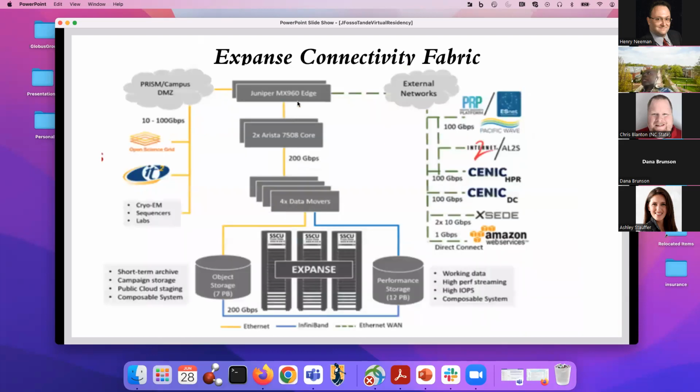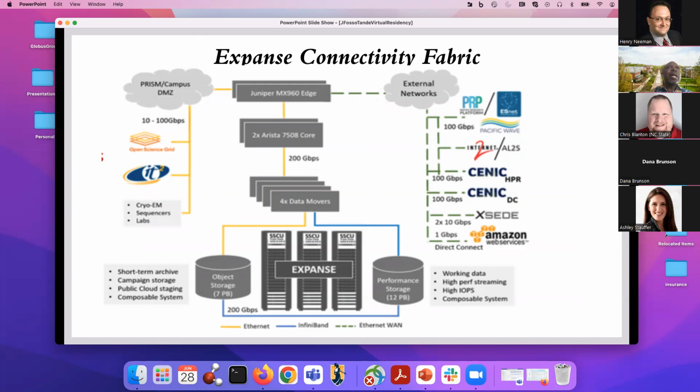So the Expanse connectivity: it's an adaptable HPC. You can adapt it to the needs and requirements, and you can connect it to other systems. It's set up with a really good network fabric,